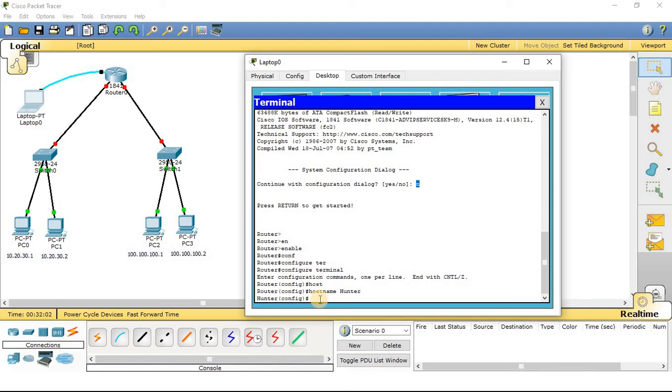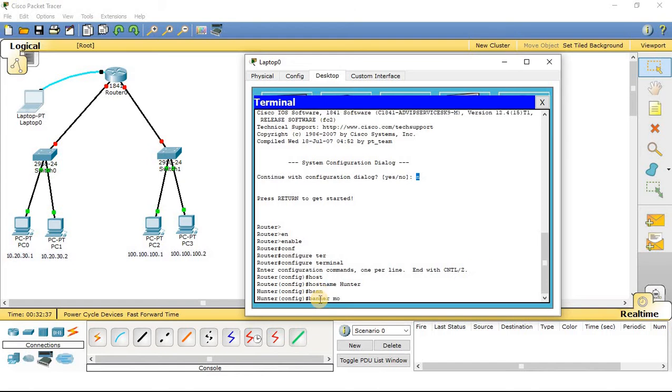Okay, so one thing you can do is that when a user moves out of this terminal, or moves into this terminal in this router, the user will be shown a particular message. So you can do that. For alerting the user with a particular message, the command that will be used is banner MOTD.